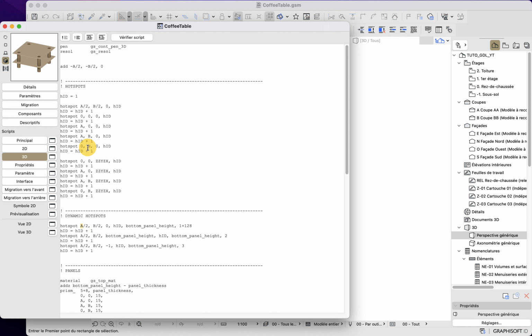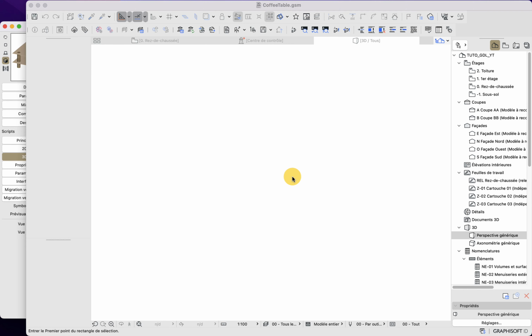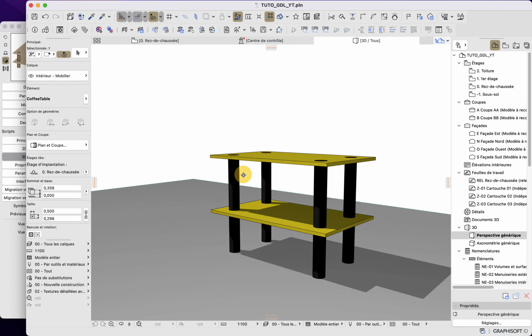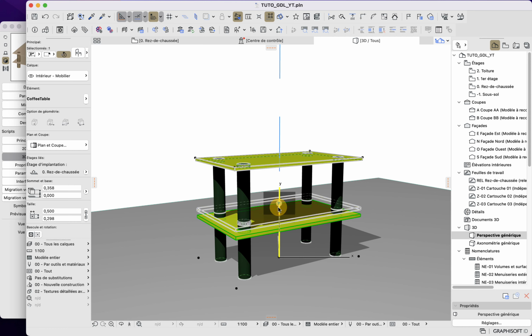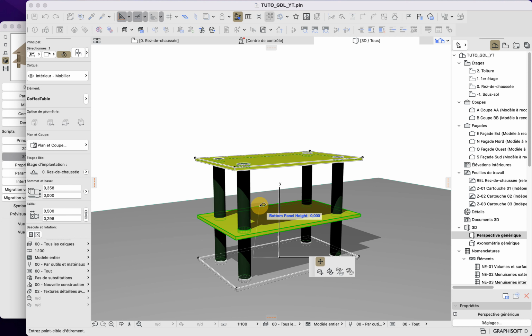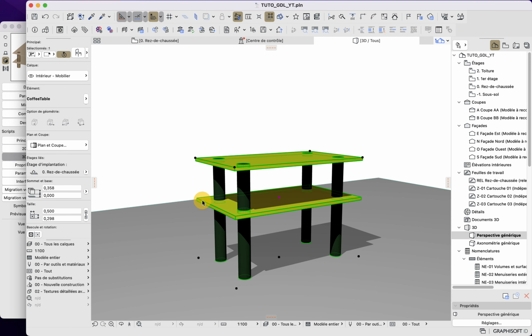Like that, I do not have two hotspots at the same coordinates. It is a bit more proper that way. Let me save, and it will not change my 3D. It is simply so my code is a bit better. And now we can see that everything is correct as we want it to be.